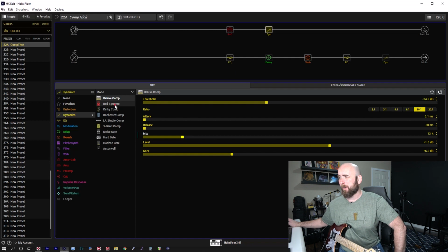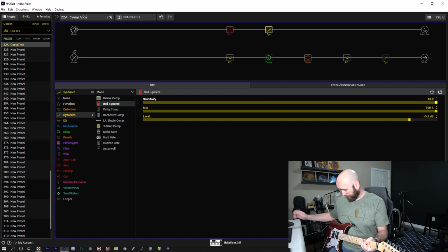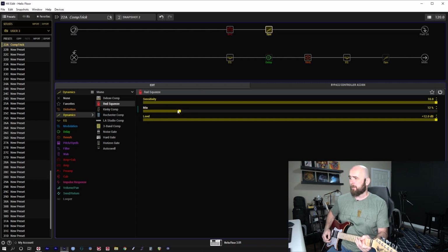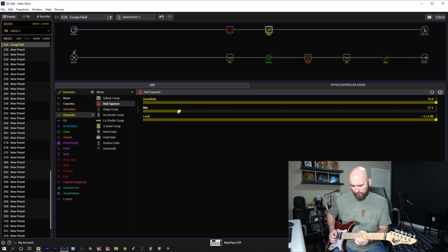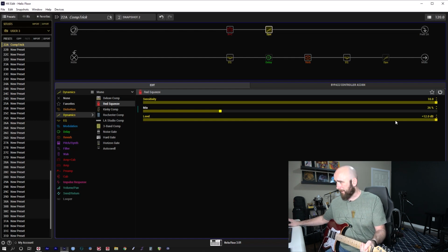Now, it can work really nicely with other compressors too. We get something like the Red Squeeze on, which would normally be put before the amp, but again, we could mess around and try things we wouldn't normally do here. Set this sensitivity. Get some more gain into that. You can hear it does some weird things, but again, now let's bring that in. We can bring as much or as little of that as we want in. And probably not exactly at unity gain there, but